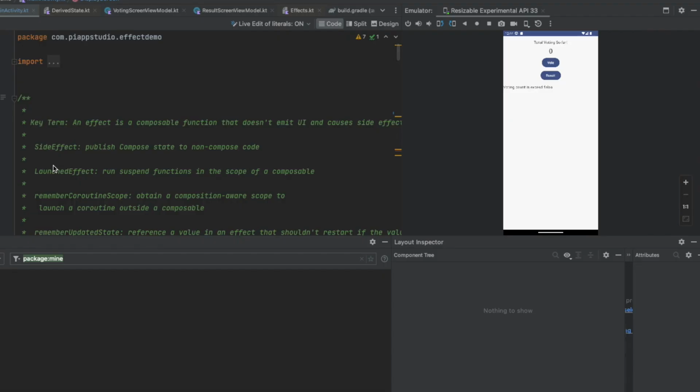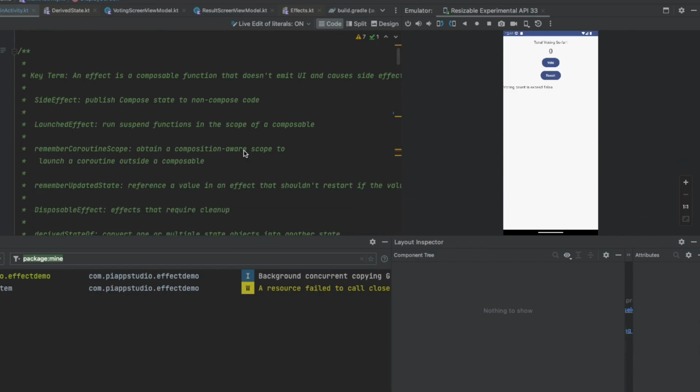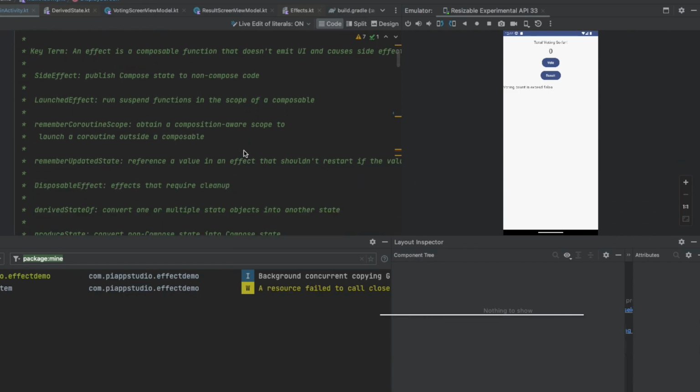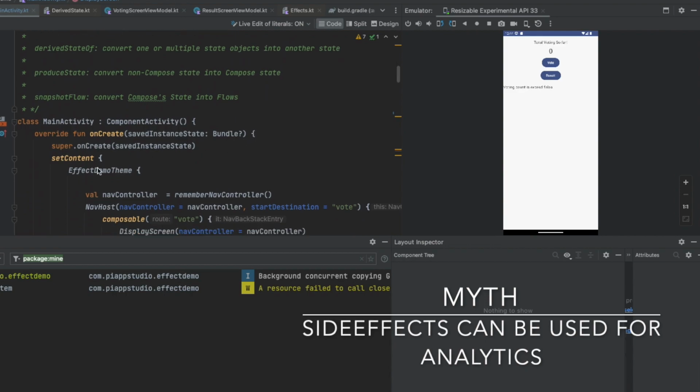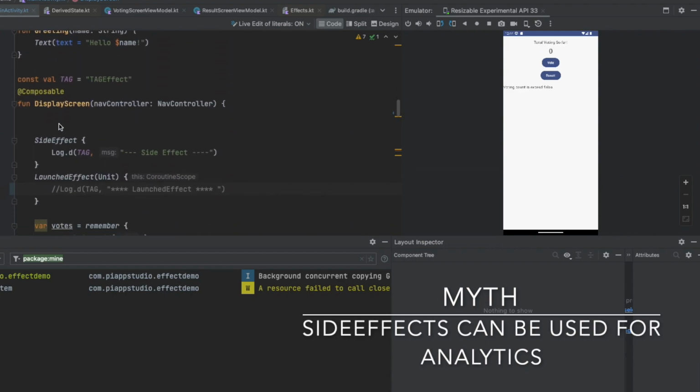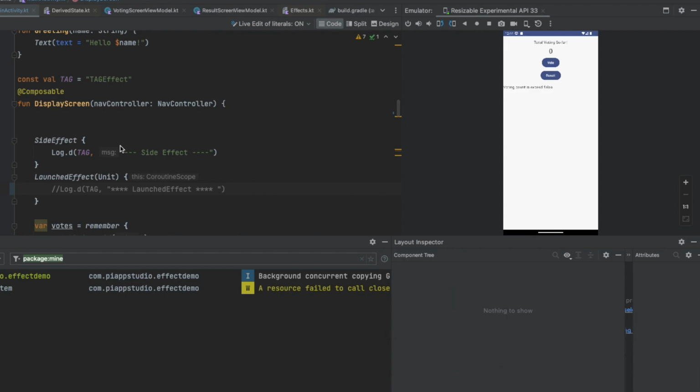First thing we're going to talk about is the side effect. As per the documentation, the side effect is nothing but to publish a compose state to non-compose code. Usually people say that we can go for a side effect whenever we do analytics, which means whenever recomposition happens, we want to send some analytics data to the server. That's a myth we have, but I can argue here that we cannot use a side effect